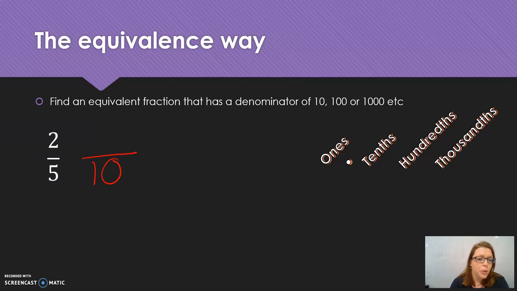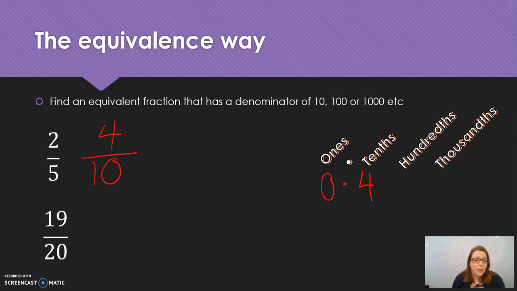So 5 times 2 is 10, 2 times 2 is 4. So 2/5 can also be represented as 4/10. Now that they are in tenths, we can easily pop them onto our decimals number chart here as 0.4 or 4/10. As a slightly more challenging example here, we've got